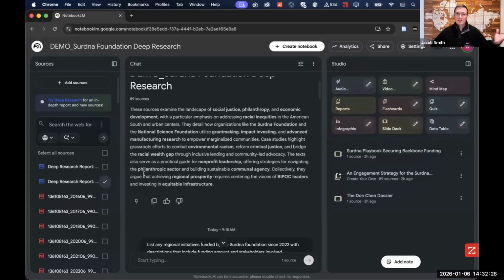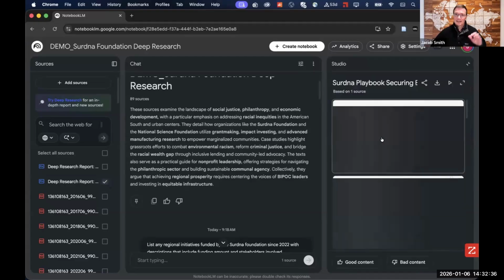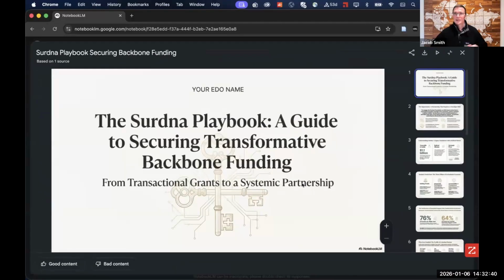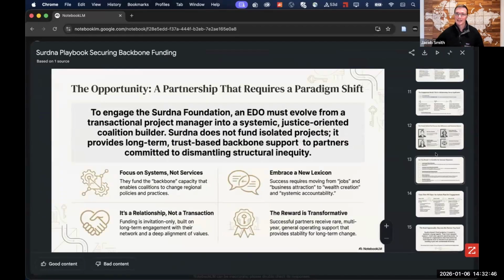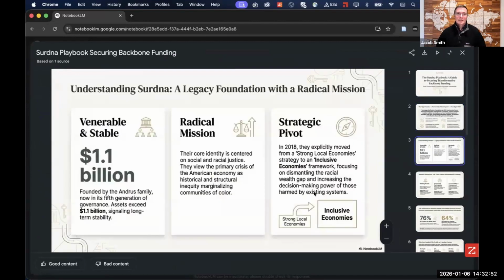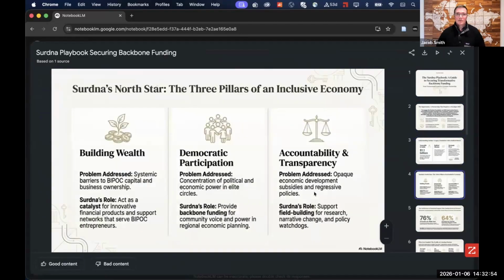So what I did is I selected that deep research report and I asked it to create me a slide deck. So this is the slide deck that I created without any additional prompting within Notebook LM as it relates to the CERDNA Foundation. And you can see, let's see, it is 15 slides long, and it basically summarizes that deep research report in slide form.